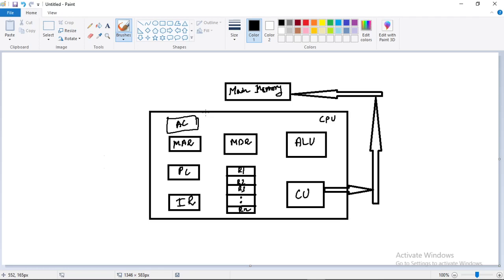After program counter comes the IR, the instruction register. What is IR? IR is the instruction register. Whatever instruction I told you, suppose I told you in other classes, what actually happens is that whenever you are providing an instruction,